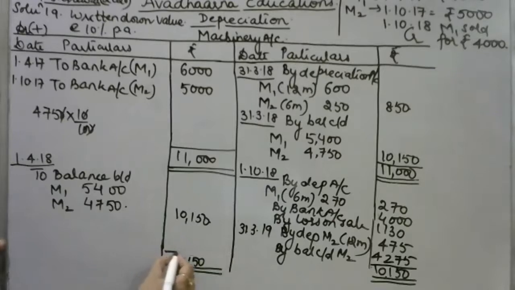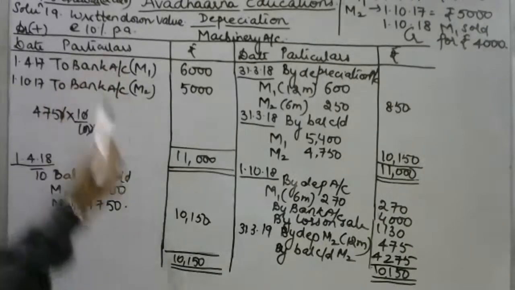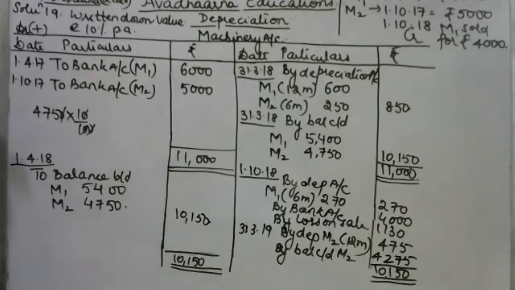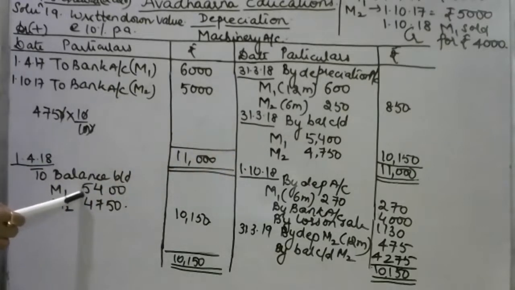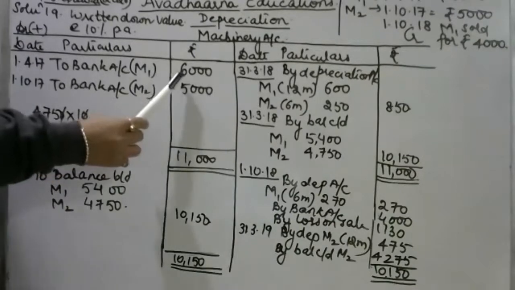I hope that this solution of the problem 19 is clear to everyone, and now everyone is clear how we are going to charge depreciation by written down value method. Let me repeat, in written down value method, we are going to charge depreciation on the balance brought down in the next financial year, unlike your straight line method where depreciation every year was used to be charged on your